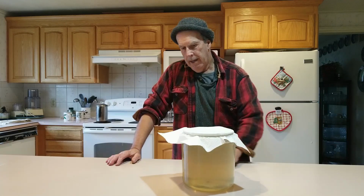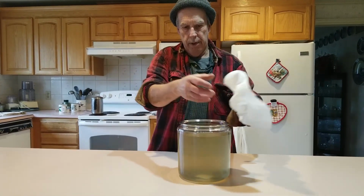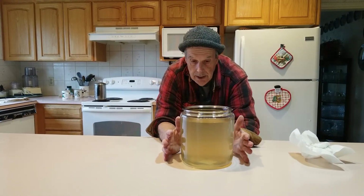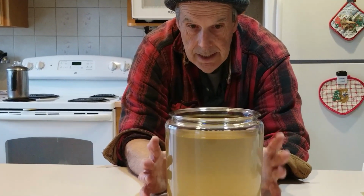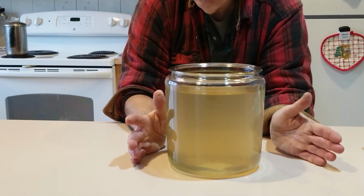Okay, it's been 3 days since we started this experiment, and as you can see, I'll take the top off here so you can get a better view of it. Overall, that clear amber look is now kind of an amber, hazy, and there's no odors or anything of that